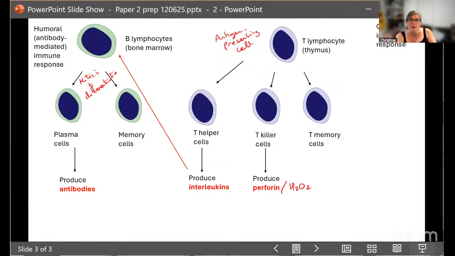Just because a textbook doesn't mention it, it doesn't mean it's not that you have to memorize it. The important thing is that you understand that the T killer cells are going to produce these chemicals, and it depends which textbook you've got as to what they will explain as being the chemical that's being released. So as long as you know the T killer cells are going to kill, and they're going to kill by producing a chemical, that's what's important. Different textbooks will give you different examples. So the important thing is that you note that it's a chemical that's going to be used to actually kill the cell.